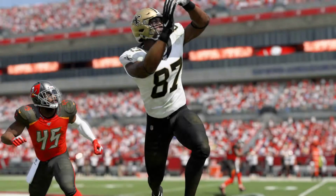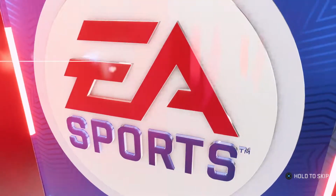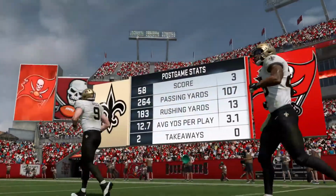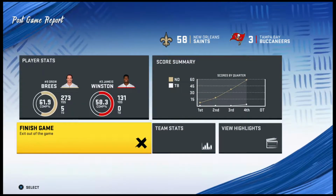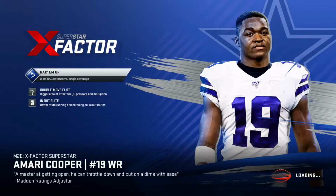A big offensive explosion helped leading them to victory. And the defensive guys, they're just saying, hey, put those points up every week. We'll just keep winning. They will gratefully accept them, won't they? It makes their job